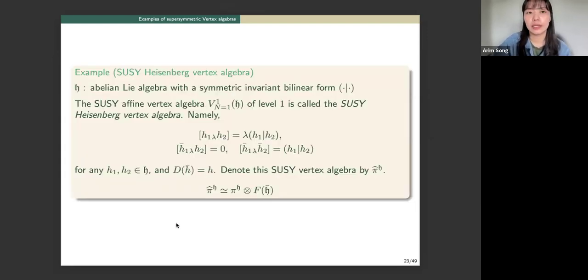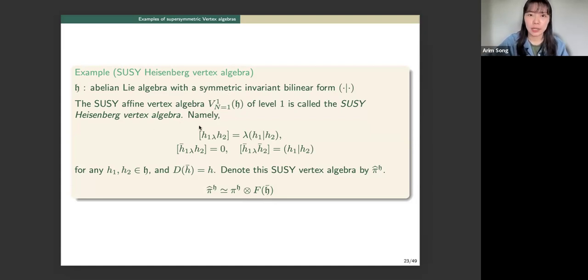Okay, the next example is the supersymmetric Heisenberg vertex algebra, which can be directly obtained from the previous one. We'll first let H be an abelian Lie algebra with a symmetric invariant bilinear form. Recall that in vertex algebra theory, the Heisenberg vertex algebra is isomorphic to the affine vertex algebra associated with an abelian Lie algebra at some fixed level. We can define similarly here. So the supersymmetric affine vertex algebra associated with this abelian space and level 1 is called the supersymmetric